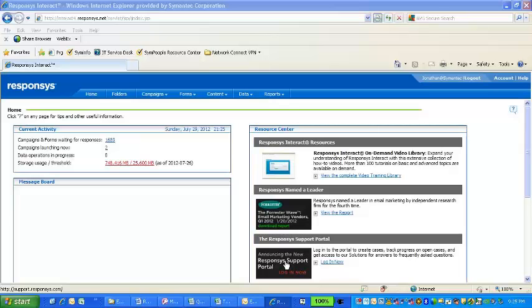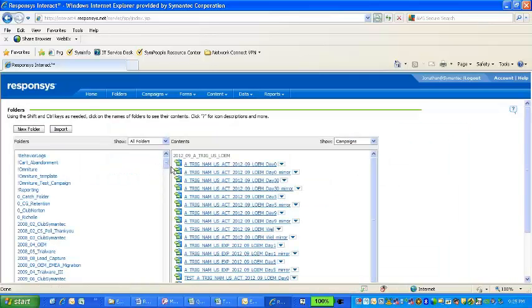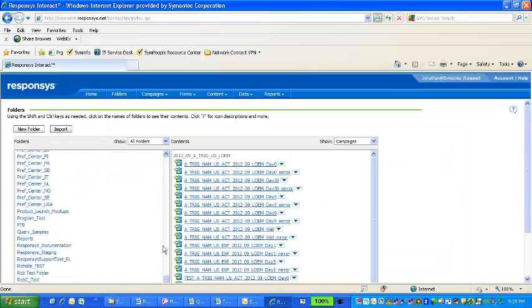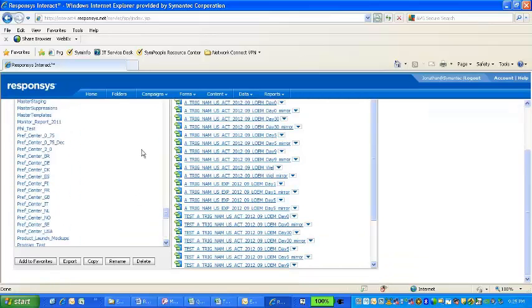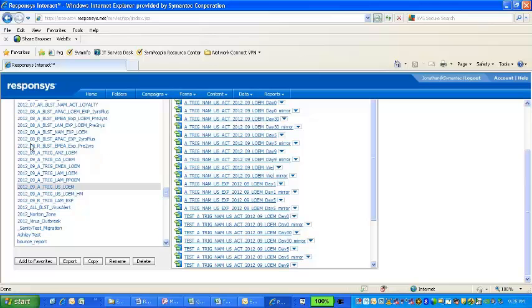So finding the correct link table information, or the correct Omniture tag or link information, requires finding the correct campaign and link table in RI, Responses Interact. So if we go into the folders, we can do this fairly quickly, although it requires careful accuracy. If we scroll down in the folders and find a campaign-related folder based on year, calendar date is the standard